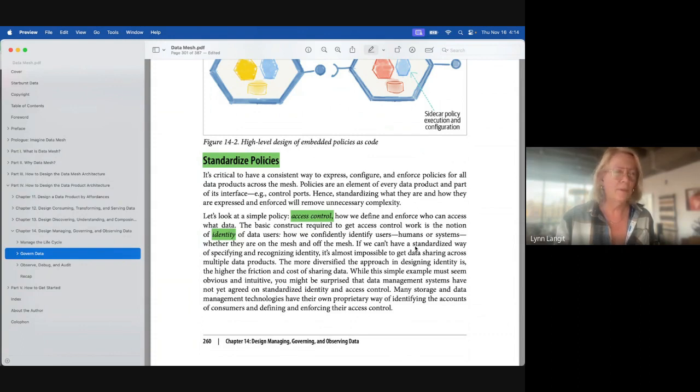Well, it's simple if you're in one organization and everybody's using Active Directory. It's not simple if you're in different clouds, in different regions, in different countries, in different parts of the world. It's not everyone's situation, but that's driving data mesh, right?